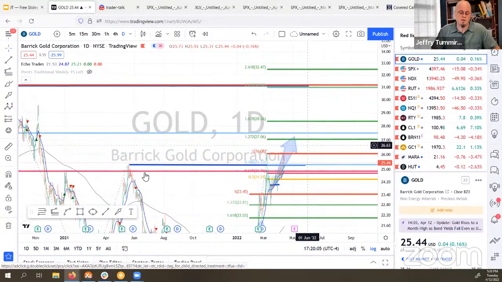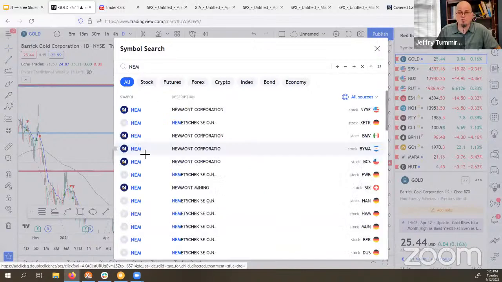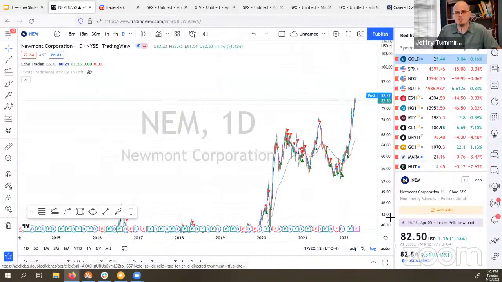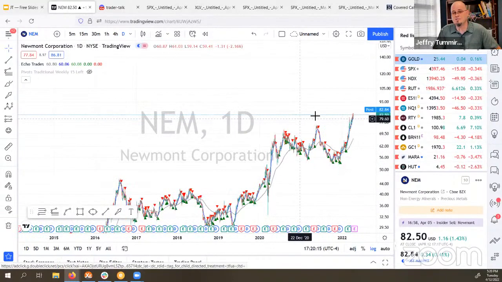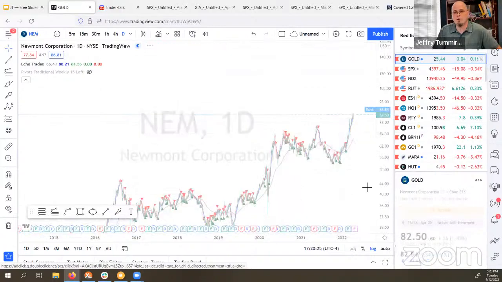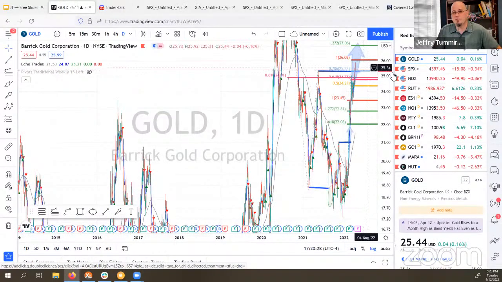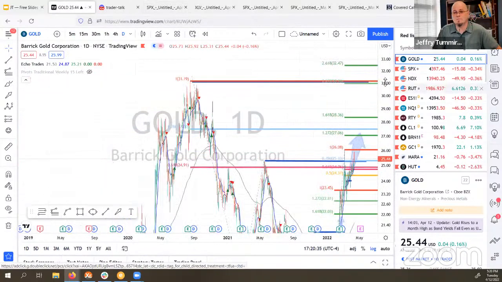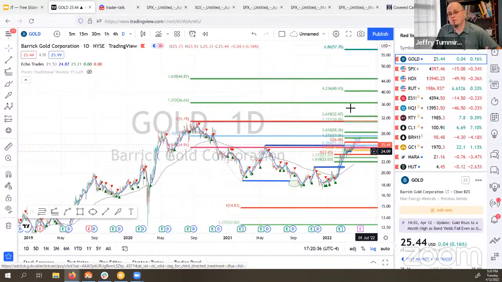So yeah, NEM is another way to play. I don't like it as much. The chart's not as clear on the projections, but it is higher. I mean, it's actually broken out higher, and the price is much higher though. So it takes more money to play. Whereas gold, Barrick Mining, we can be in for $25 a share. It has potential to catch up since it's not broken out higher like NEM. So I just feel like the opportunity is bigger on GOLD. All right.